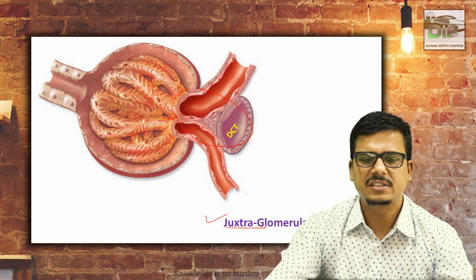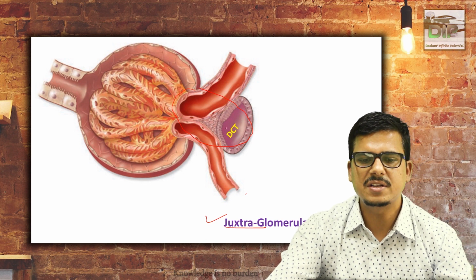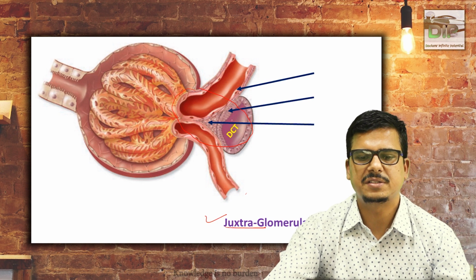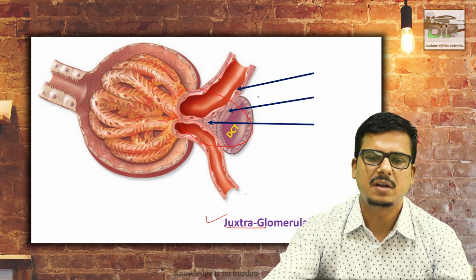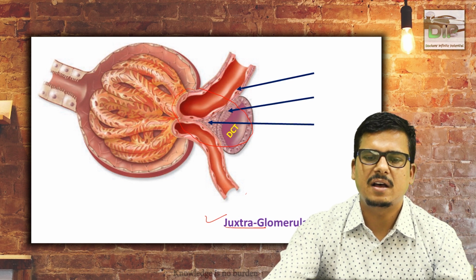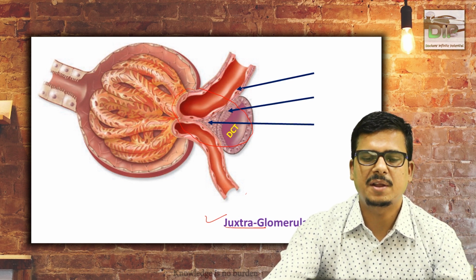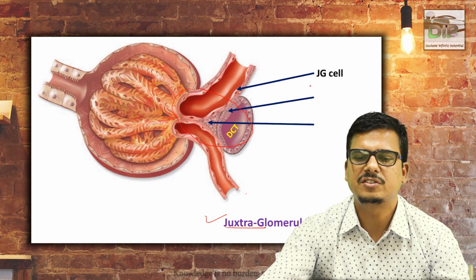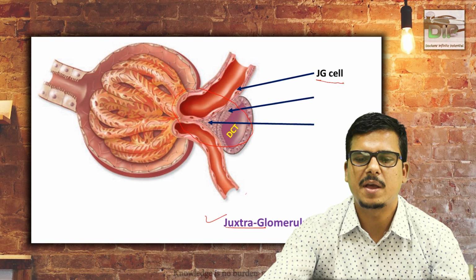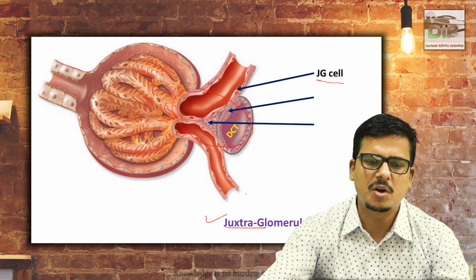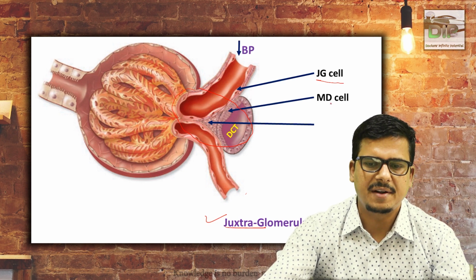Here you can see the distal convoluted tubule region, and three components you will see in the vicinity of this distal convoluted tubule. This is the efferent arteriole. Few of the cells that line the efferent arteriole, cells of the tunica media, differentiate as juxtaglomerular cells. This is one of the components of the juxtaglomerular apparatus. And the cells of this distal convoluted tubule form the macula densa.